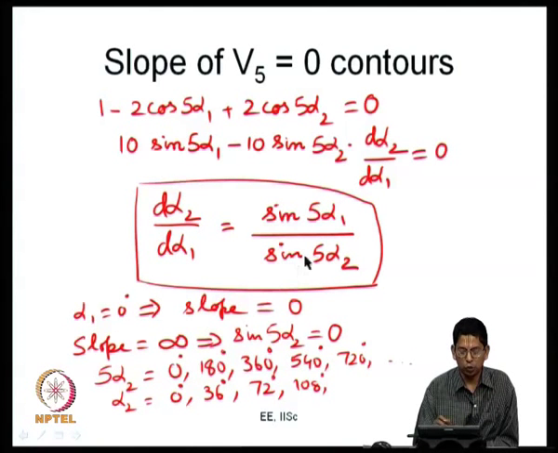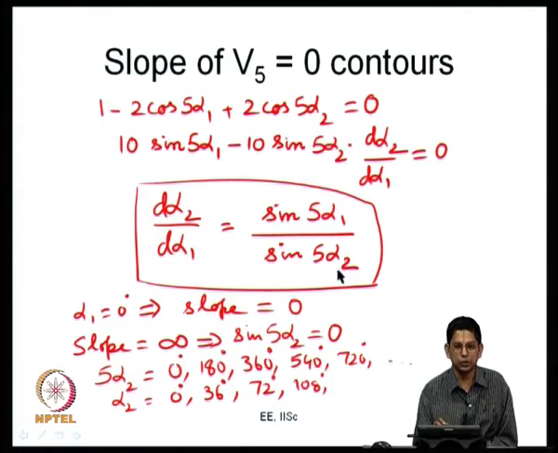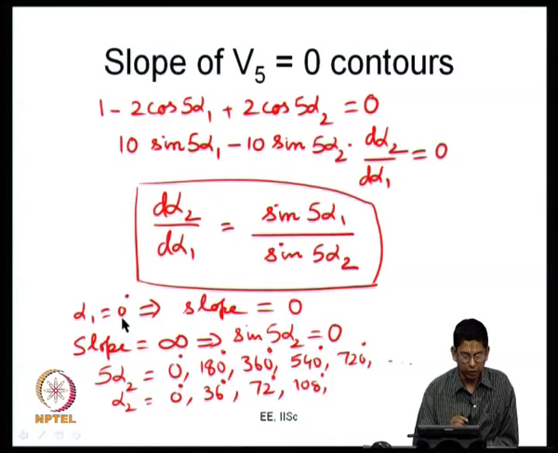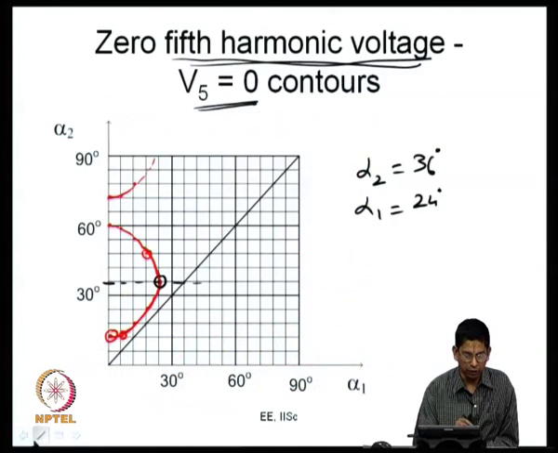So, sometimes your slope is 0 whenever the numerator is 0. When is the numerator 0? The numerator is 0 whenever sin 5 alpha 1 is 0, and the denominator is 0 whenever sin phi alpha 2 is 0, that is, the slope is infinity now. So, you can see that there are points at alpha 1 is equal to 0 where the slope is 0. Again when alpha 1 is equal to 36 degrees, phi alpha 1 is 180 and sin 180 is 0. So, at alpha 1 is equal to 0, 36, 72 etcetera, it is possible to see one such point. So, you say alpha 1 is equal to 0 and you look at what are the corresponding values of alpha 2.